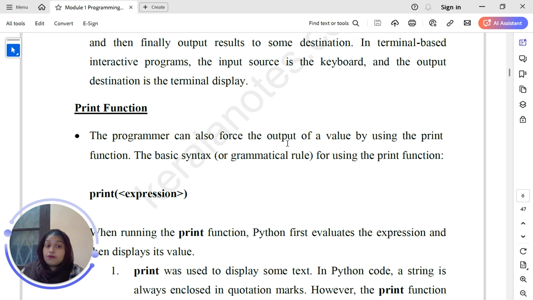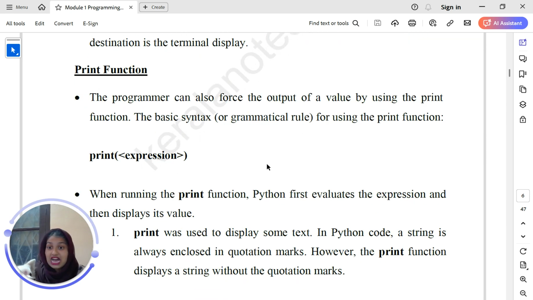You can also force the output of a value by using the print function. So how do we print whatever we want to see? That is using the print function. The basic syntax, or grammatical rule, for the print function is that we write print, P-R-I-N-T, and inside the parentheses we have the expression.